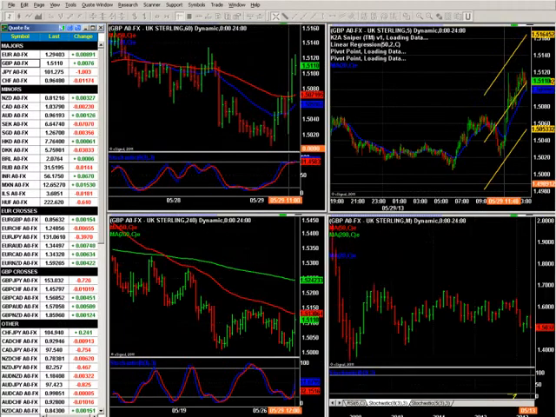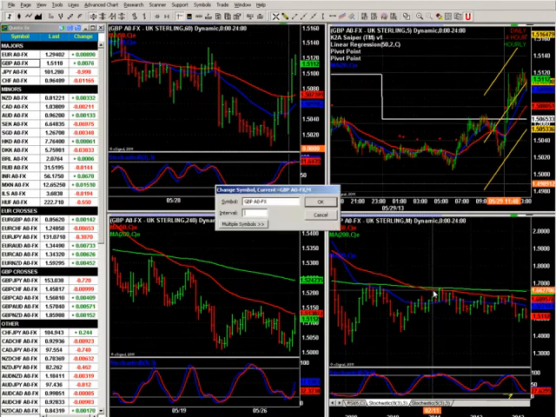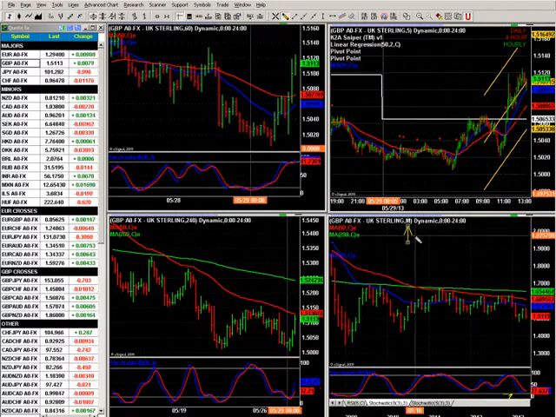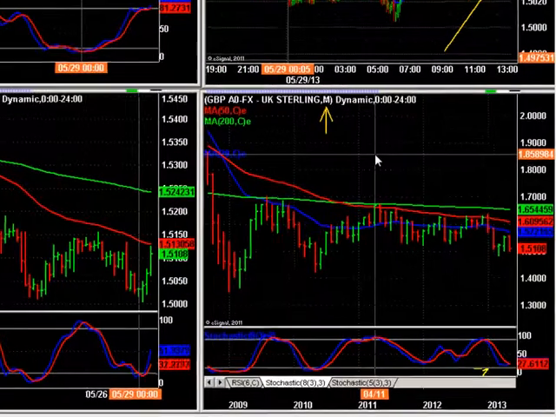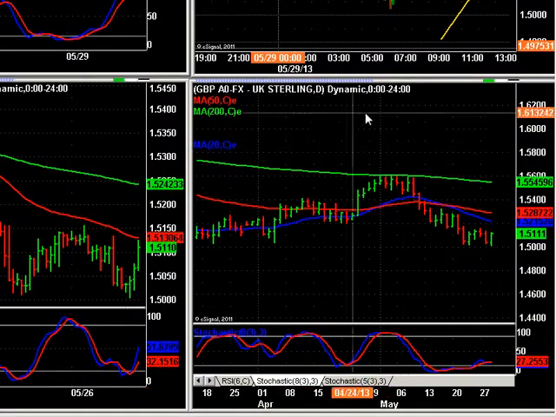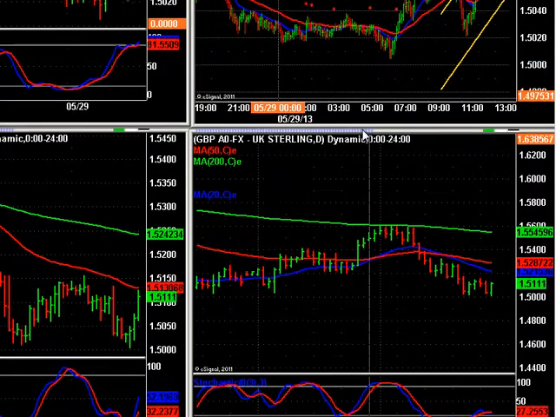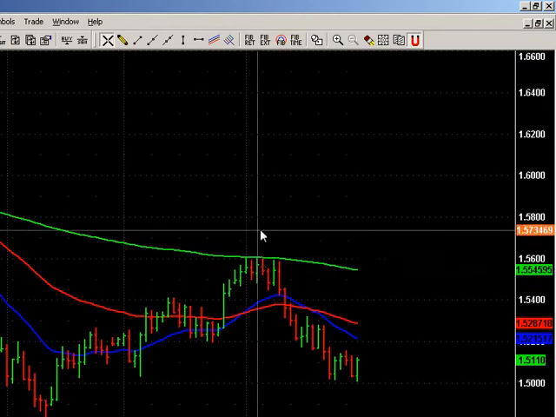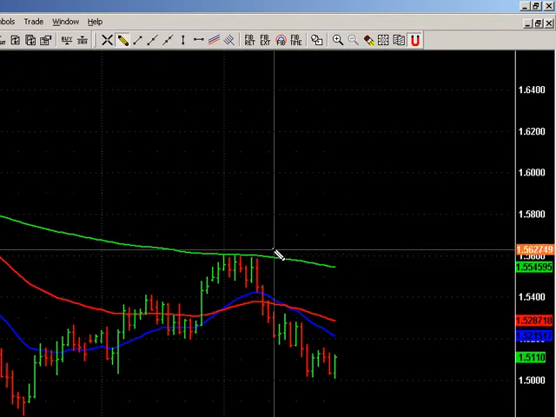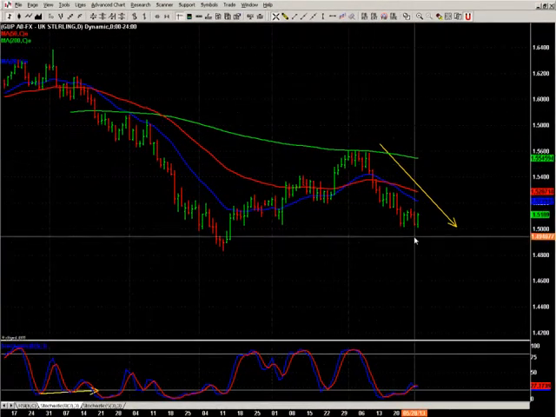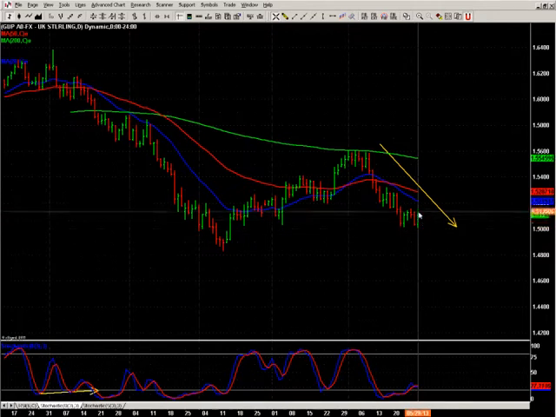Right. So let's have a look at cable. This is the monthly chart at the moment. You can see it here. So what I'm going to do is click on comma D and then enter, and we go to the daily chart. Okay, so on the daily chart we can see that since the beginning of May, let's say, the currency has been going down. One of the major currencies, cable, pound versus dollar. So it's been going down, and today it has reversed and is pushing up slightly.